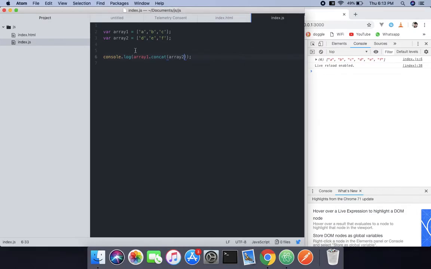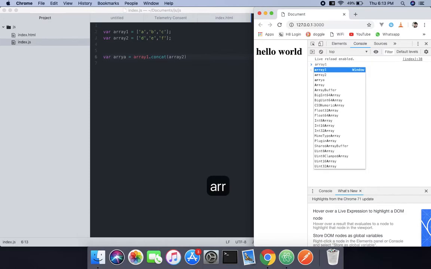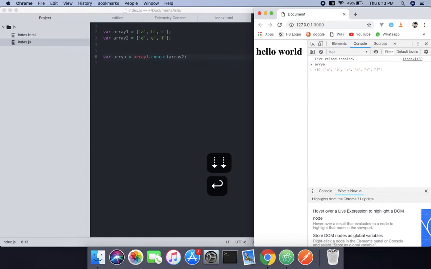If you want it to be stored in a different array, you can create another var array and equals that, and if you log the array, you will get the